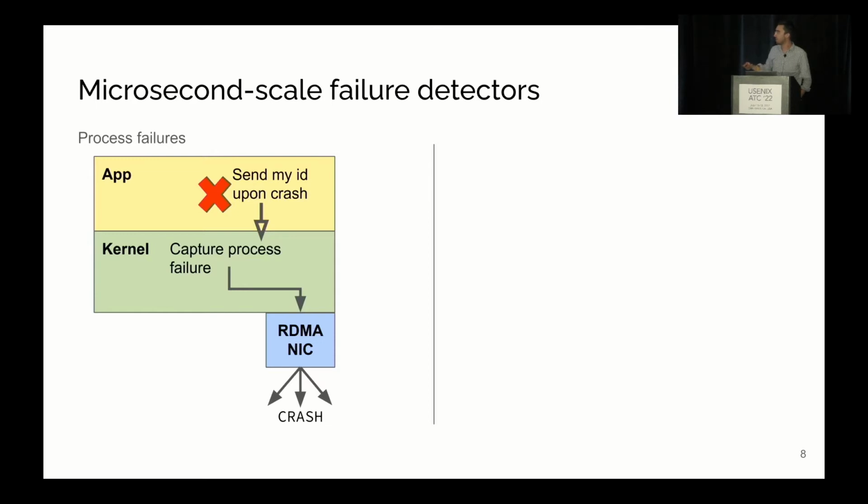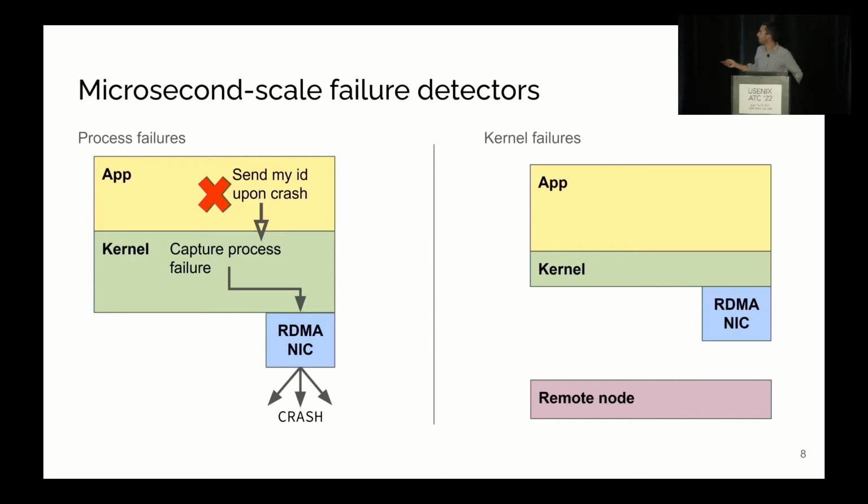But sometimes we cannot even get help from the kernel. For instance, maybe the CPU is hanging, so that's an issue. And that's why we use another failure detector that we run in parallel. For that failure detector to work, what we mandate from the app is to have a local counter that it exposes over RDMA. And it's going to increment that counter in a timely manner. Then, as a remote node, what you do to detect a failure of this app is that you're going to read that counter over RDMA. And if by reading twice in a row you detect that this counter has not been updated, then you know that the app has crashed.